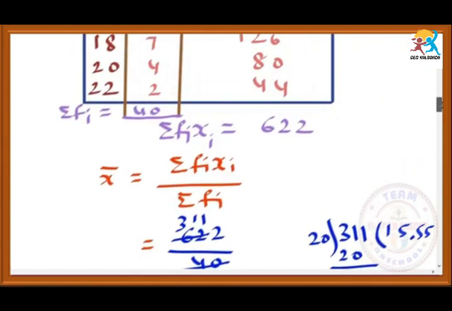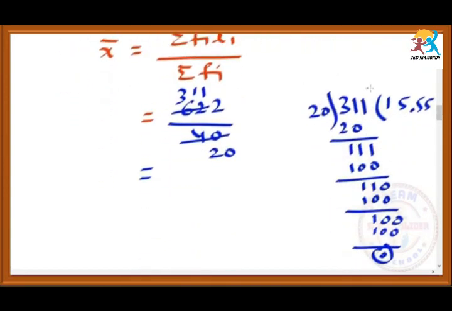Actually, this is not the rough work. This is a part of the solution. So no need to write in another paper. Just here itself, just draw a line and do the work which is related to the question. So this is 15.5. Right here, 15.5. Just compare the values.